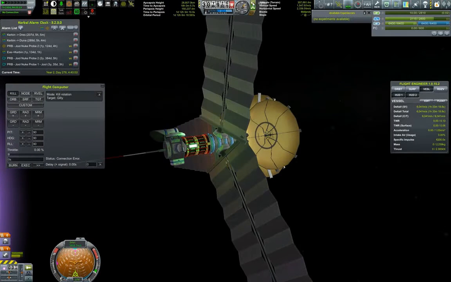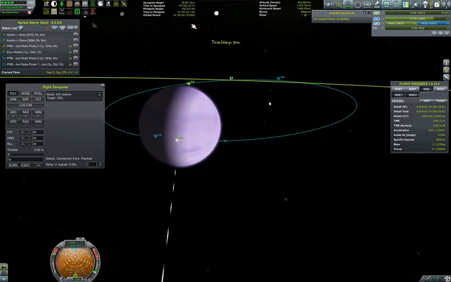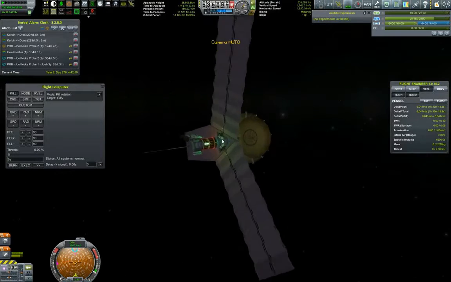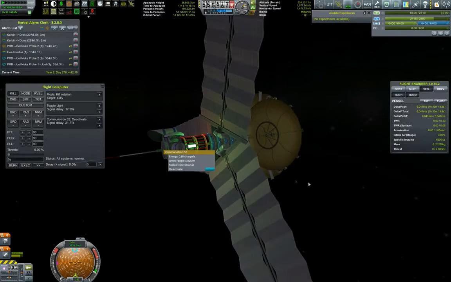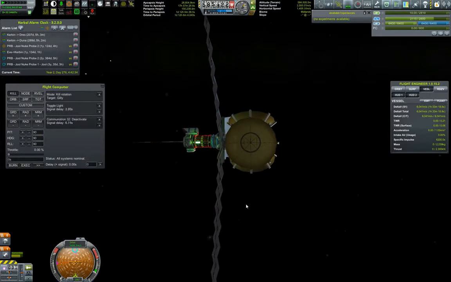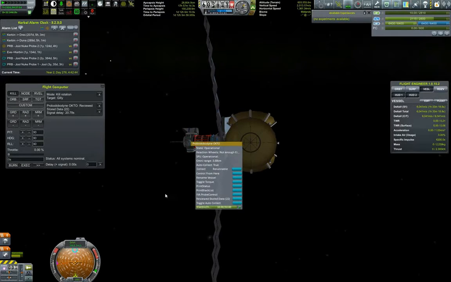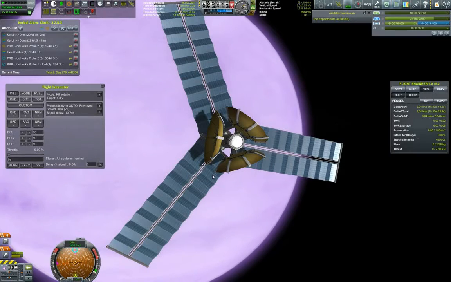By the way, on this probe I have forgotten to actually take the scan set. Oh dear. Dang it! Our battery has short-circuited, and I only have one battery here, which means our electric charge is now 10. I mean, we still do maintain connection to the KSC, and we can steer our craft and everything, but when it comes to...